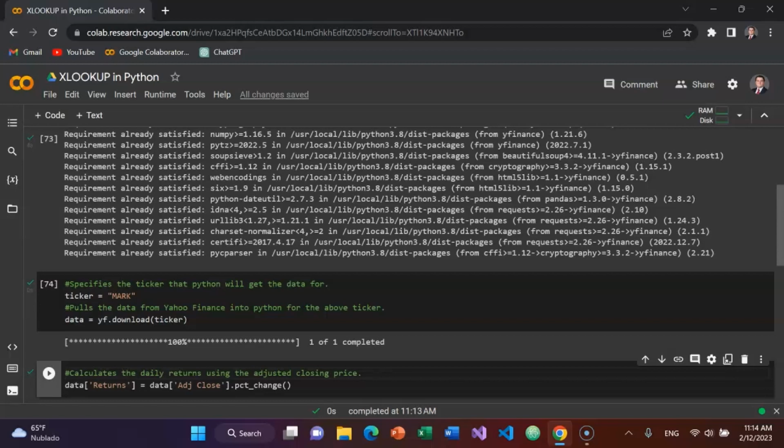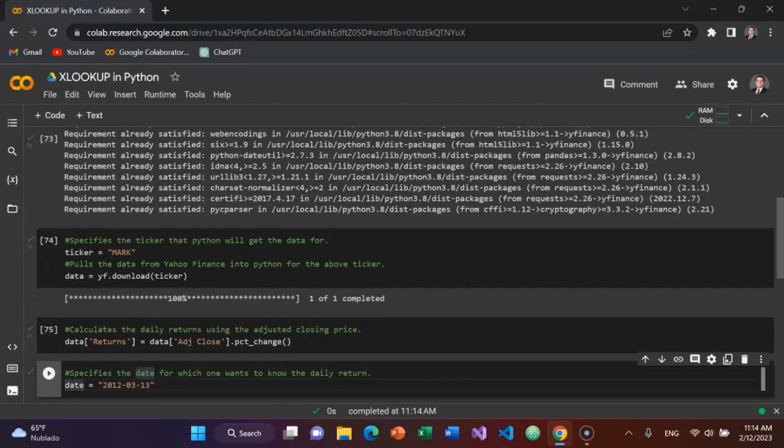So there are situations where the daily closing price could be different than the adjusted closing price, like if there's a dividend issue, by way of example. Control Enter to run that,